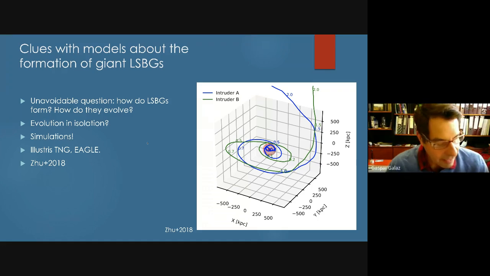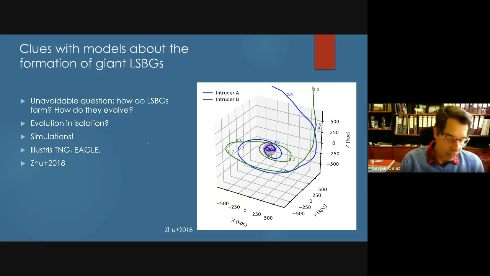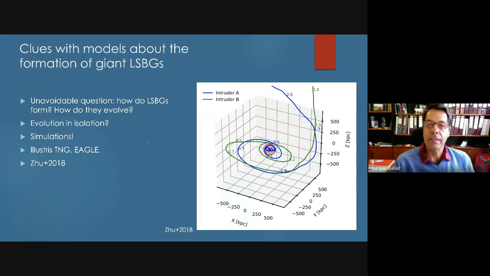Okay. Well, there are twofold answers I can give you. The first is what the evidence shows up to now from the observational side. Giant LSBs up to now are rare things. They do not seem to be there in excess. Many people are discarding this. They are not supporting the idea that there are many giant LSBs and we are simply not seeing them. They seem not to be there.